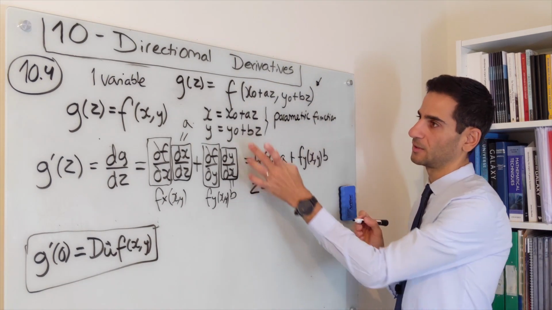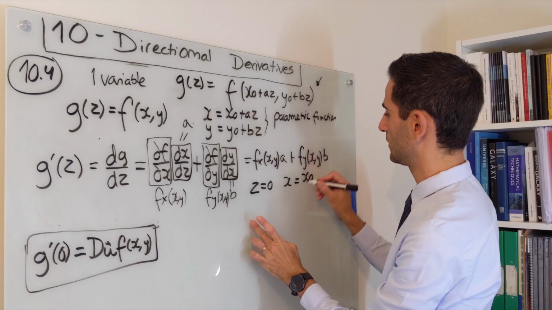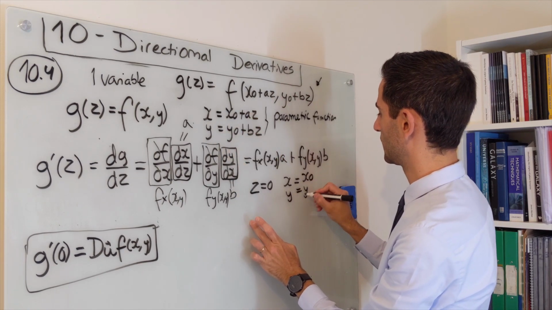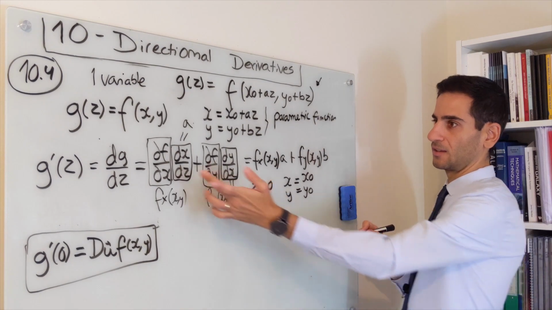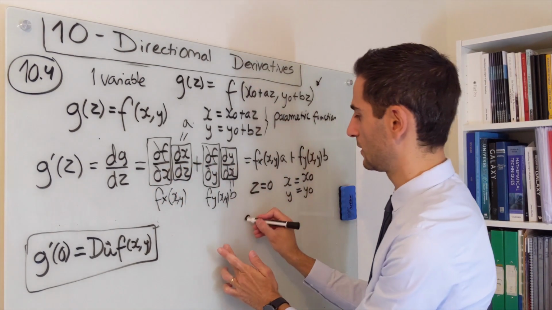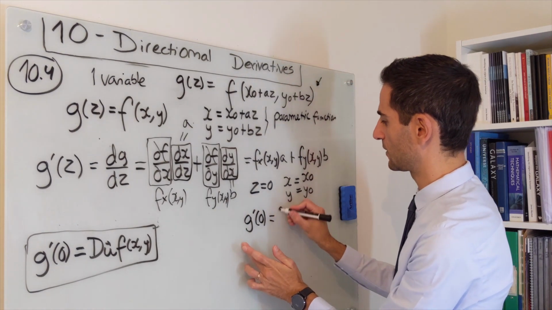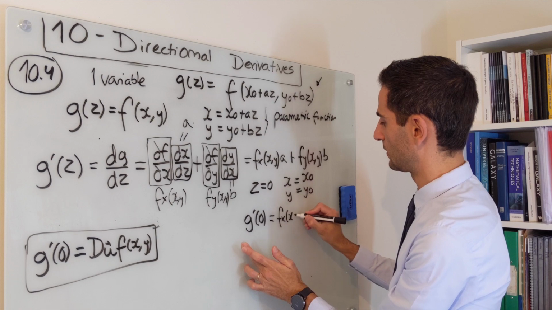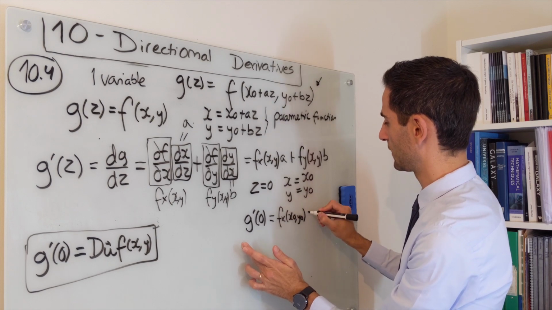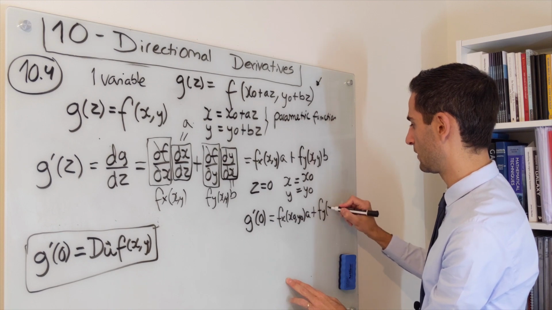When it does equal 0, x just becomes x0, y becomes y0. And following this at z equals 0, the derivative of g equals fx at x0, y0 times a plus fy at